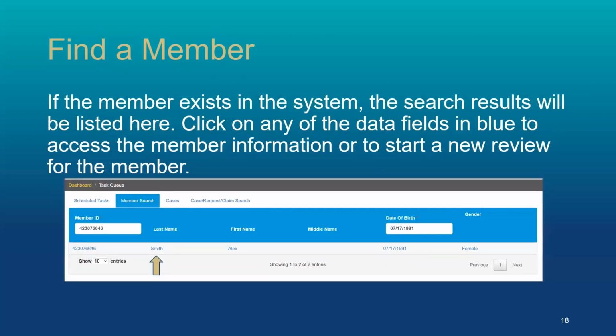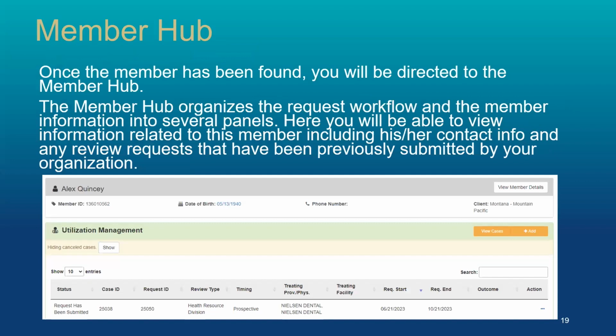So if you've entered in the member information and they exist in the system, meaning they're on that eligibility file, then the search results will be listed here. You can see the member ID, last name, first name, date of birth, gender. All of those are actually clickable links. So you can pick any one of those and just click on it, and they're all going to take you to the same place. So you found the person, you clicked on their name, and now it's taken you